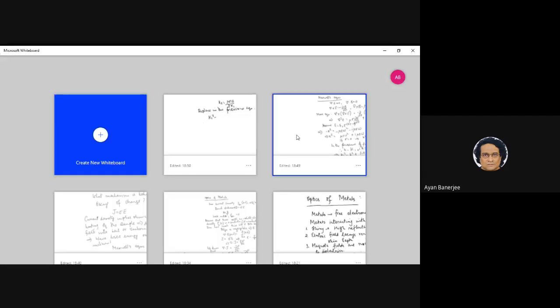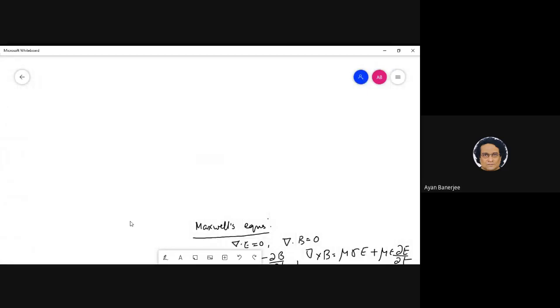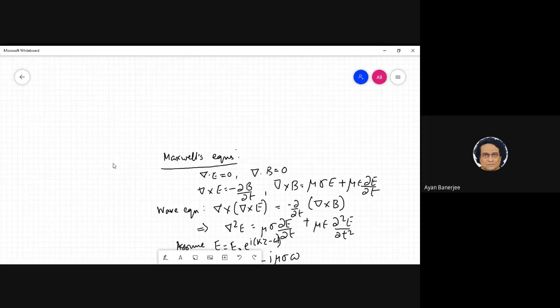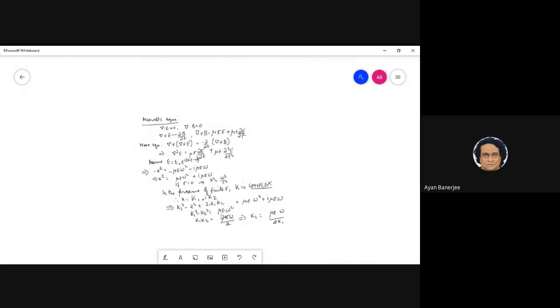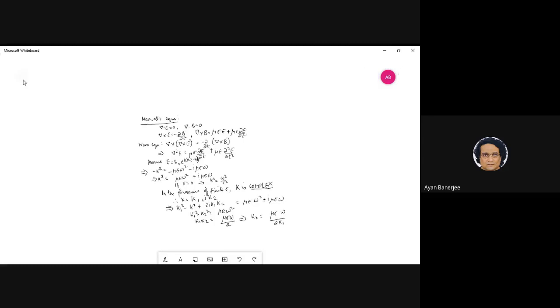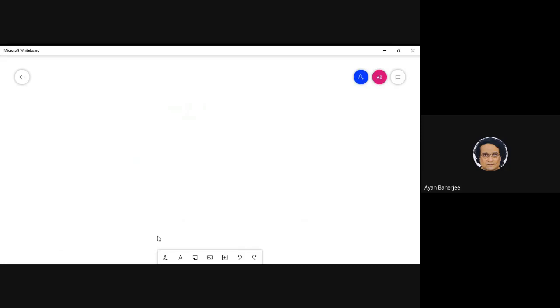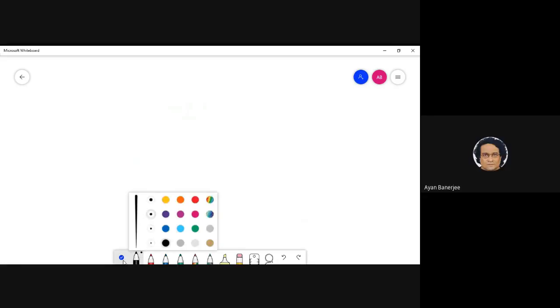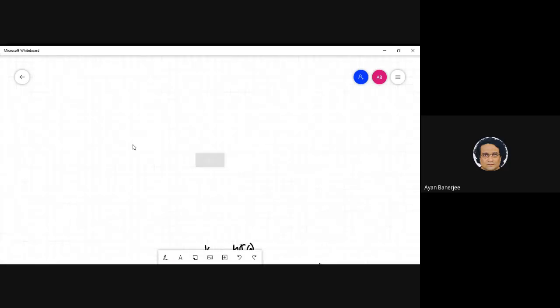One minute. We should do everything in one sheet. This one, right? K1 square, mu sigma, mu epsilon. That is what you said, no? I did not follow. Do you want to tell me again? K1 square minus K2 square? Sir, I haven't put the second equation in it. I'm doing it.